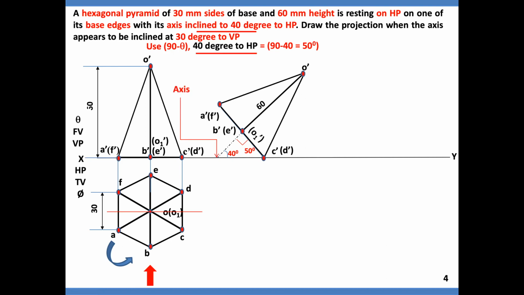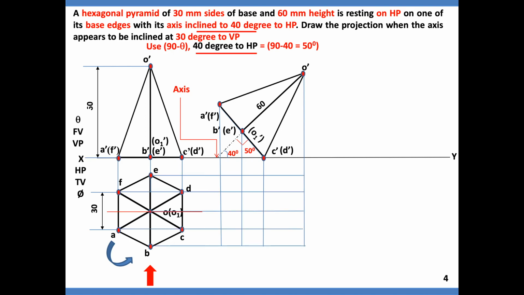Next, rules to draw the fourth view. Draw the vertical projectors. Draw the horizontal projectors. In an earlier slide I told you that when solving the problem step by step I'll tell all the rules. So I told vertical projectors, horizontal projectors. Next, identify the points. In this case, 6 base corners and 2 axes and 1 vertex which is coincident with the axis. How I will tell?